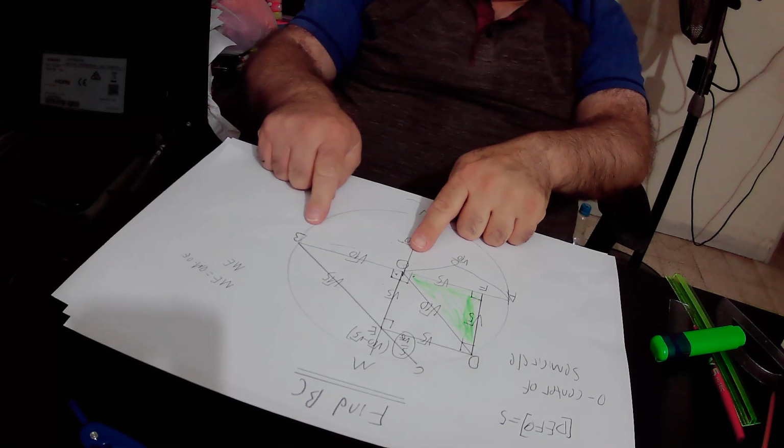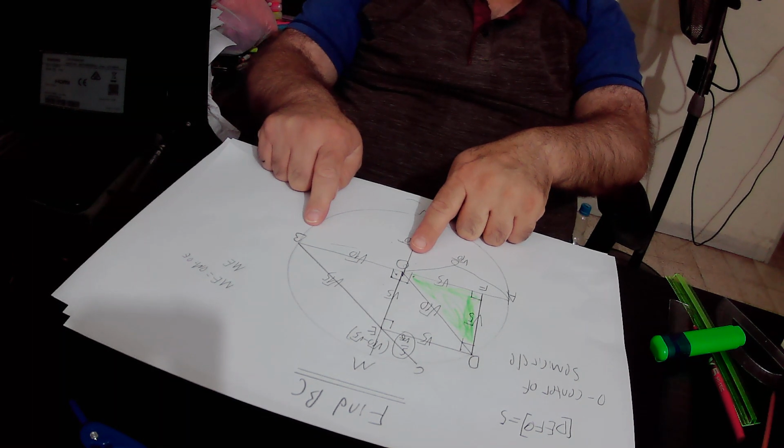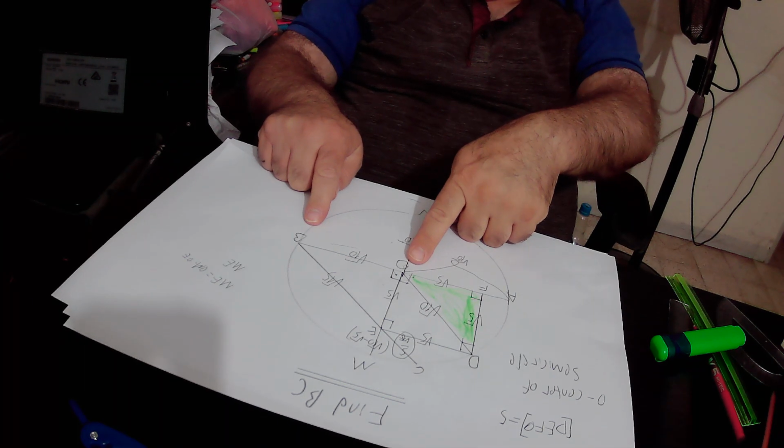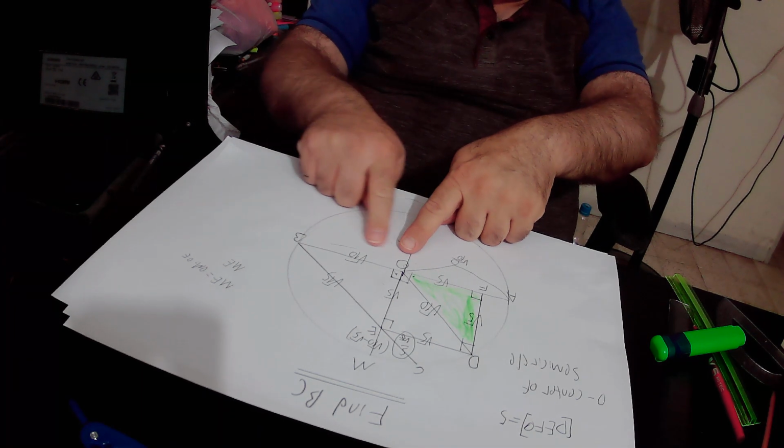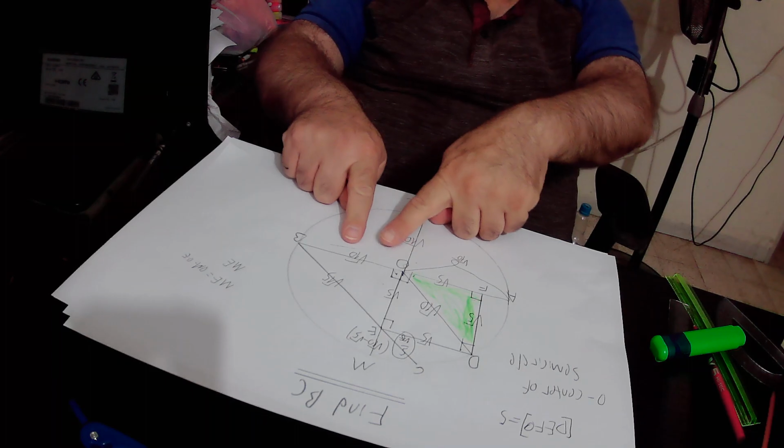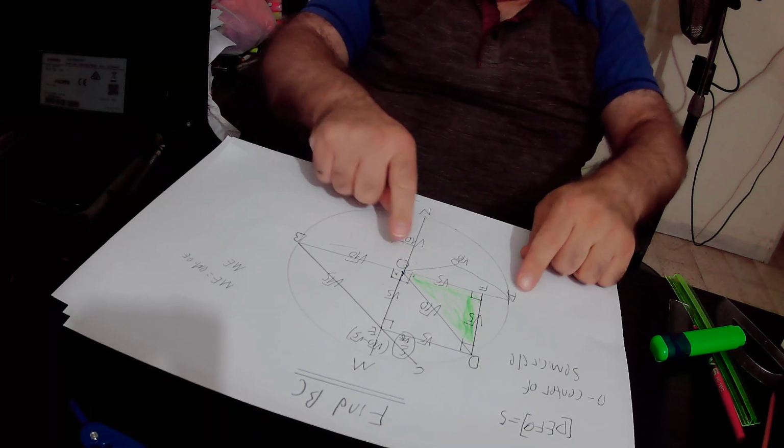OB is also the radius of the semicircle. Why? Because it starts from the center of the semicircle, that is to say from point O, and ends at point B. Therefore, OB is the radius of the semicircle, that is equal to the square root of 10 units. For the same reason,